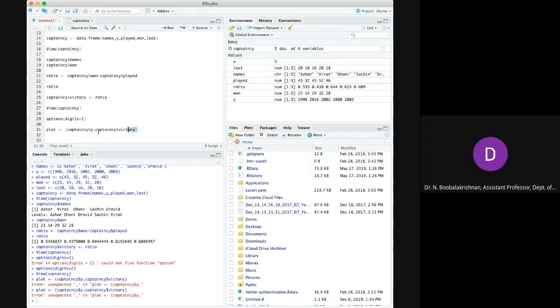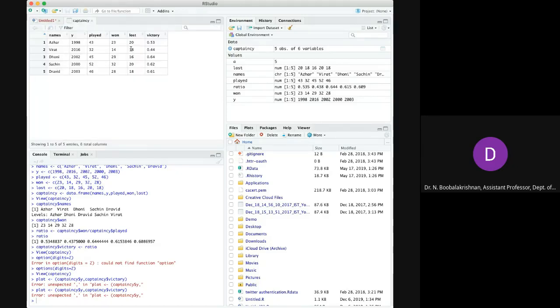Okay, that we will rectify later because plot is not the scope for today's class. So options digits is equal to 2, which will reduce to here.